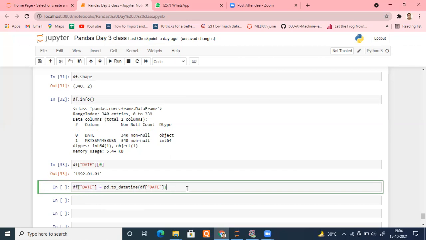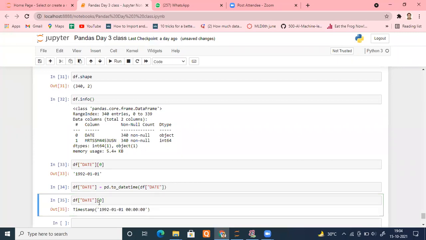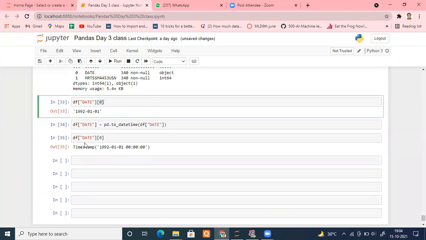So let me run this, execute it. Let me again do df date, okay, and check its first value. First of all, okay, immediately showing it's a timestamp. Remember earlier it was showing as a simple what? String. Now it has become a timestamp. Can you check it?